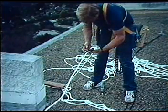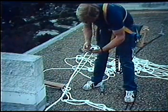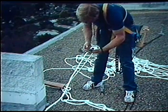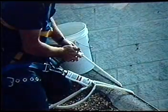It is recommended that a third independently anchored line and with rope grab be used for additional protection. This would connect to a D-ring on the back of the belt. You must